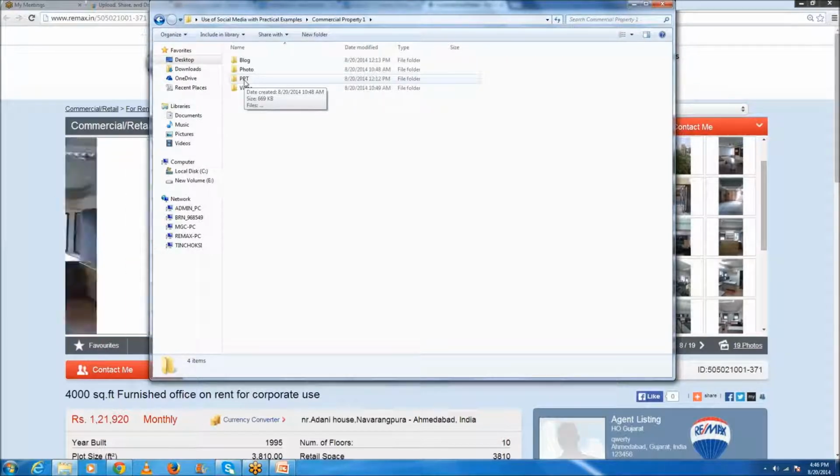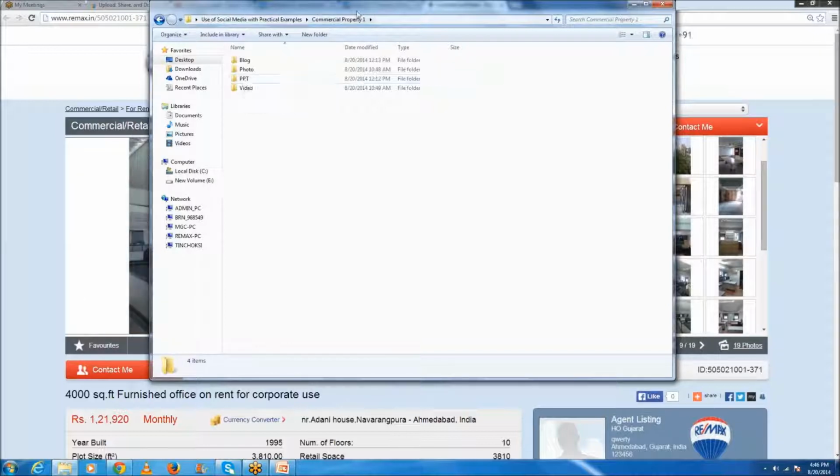Suppose this Navarangpura commercial property, we have created a folder like commercial property 1. You can even give the client name also, or Navarangpura property, and in that folder only you keep everything. You can keep this URL, 505021000-371, so you know for which property you have done this.